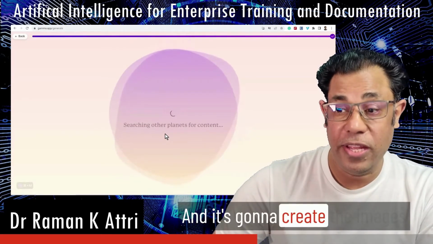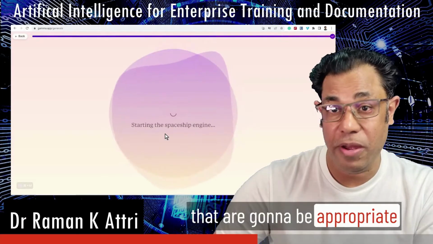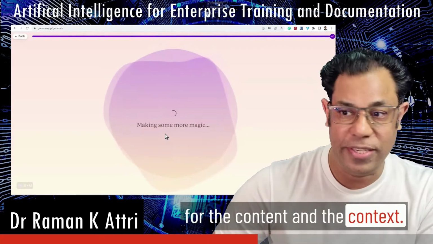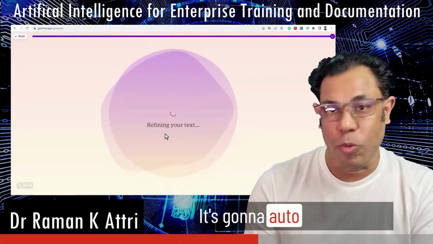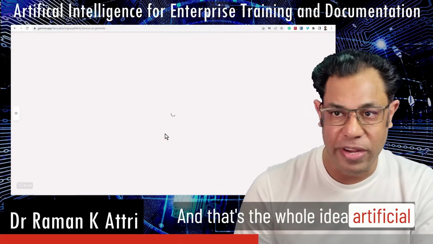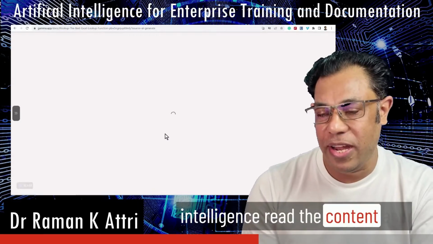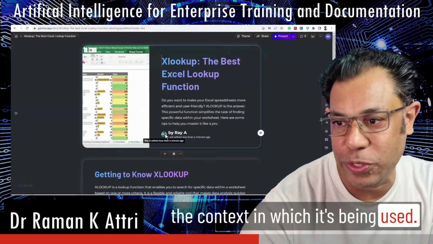And it's going to create the images that are appropriate for the content and the context. So you don't have to necessarily change the images. It's going to auto pick for you. And that's the whole idea of artificial intelligence. Read the content and the context in which it is being used.